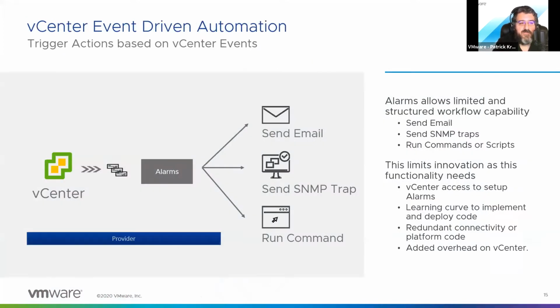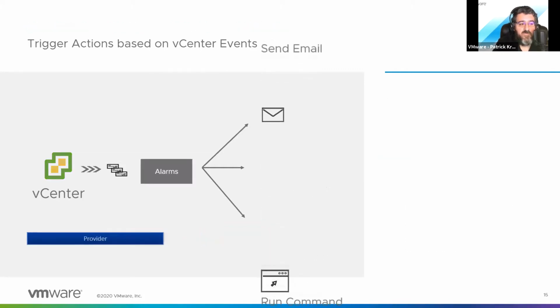which is vCenter. So when you run a vCenter, when anything happens, an HA event, a data store gets full, any event that fires in vCenter, you have the same 3 alarm actions that you've had since the beginning of time. You can send an email, you can send a trap, or you can run a command on the virtual center, run a script. None of that is available in the product that I sell, VMC. That area of virtual center is locked out. So that's an issue, right? When we're talking about VMware Cloud, and we need a way around it.